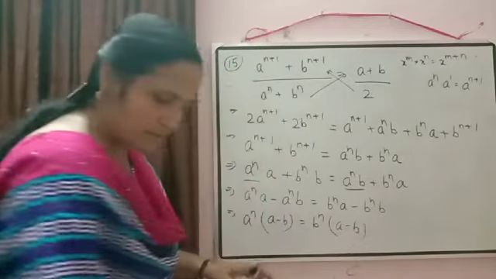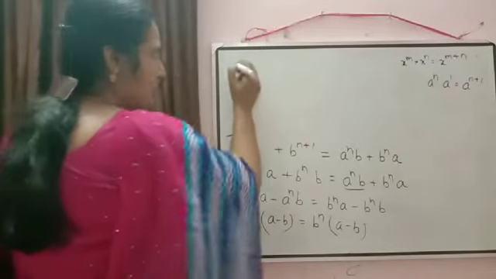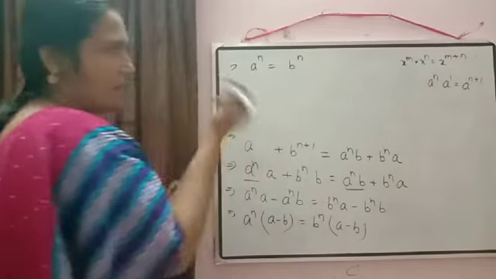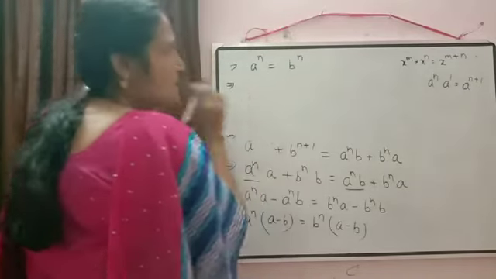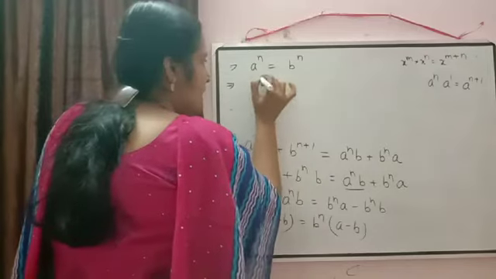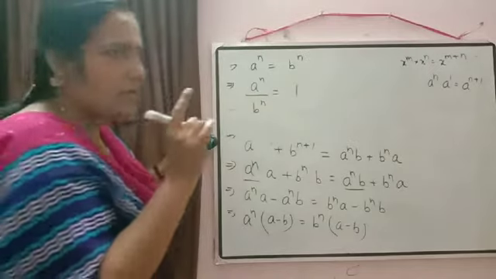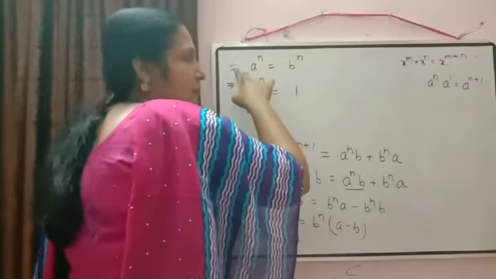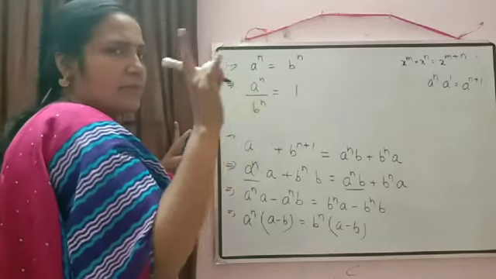Now just to check here, if this a minus b, I will shift to right hand side, what will happen? Yes, both will get cancelled there. So remaining we are getting here a raised to n equal to b raised to n. Here we have to find out the value of n. So now what we will do? We'll shift this b raised to n to left hand side in this way. A raised to n divided by b raised to n equal to 1. Okay, I shifted in terms of division there. Not a raised to n minus b raised to n I wrote there. Okay, so that's why here 1 is coming, because in multiplication and division the identity number is 1 there.